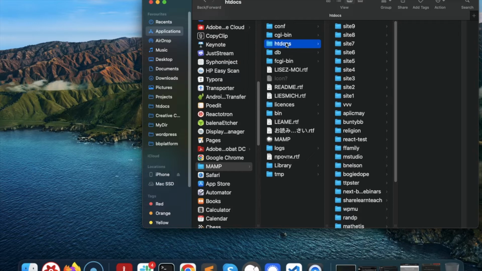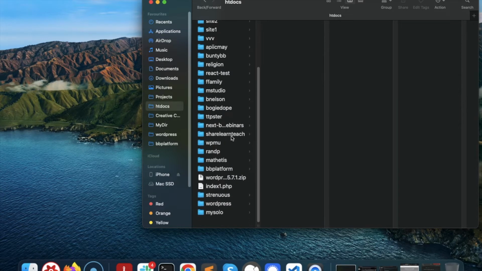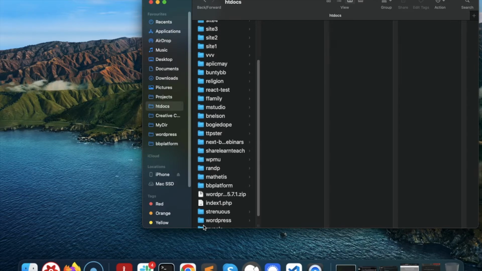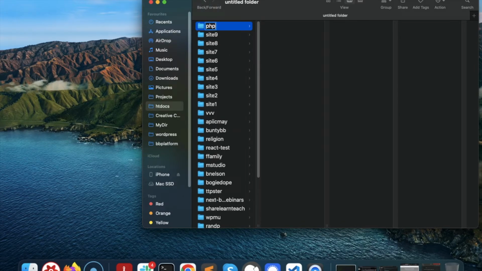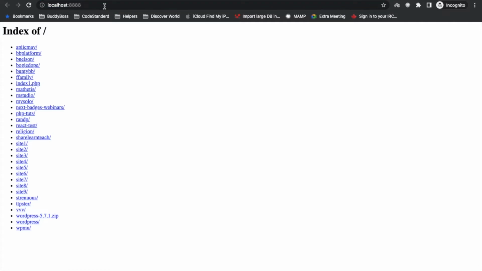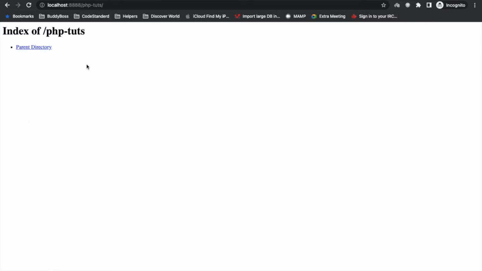So into the htdocs folder, let's create a folder called PHP tuts, and then in the PHP tuts folder you can give whatever name. Whatever you put in the htdocs will start appearing over here. So here is our folder PHP tuts, and if I go under this,